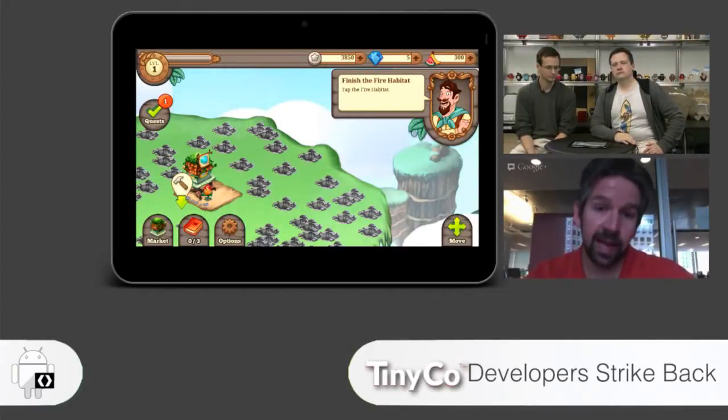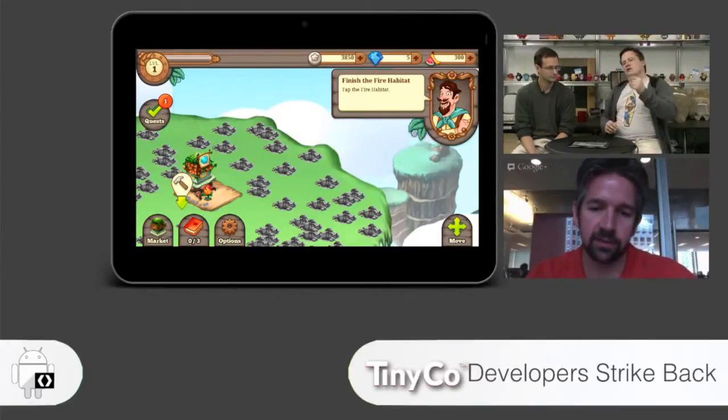Beyond that, we do have high resolution assets that we use. If we decide we need to scale a button to twice its original size, we use a double-sized art asset for that, so it doesn't look blurry like it would if you just scaled it up without using a larger asset.